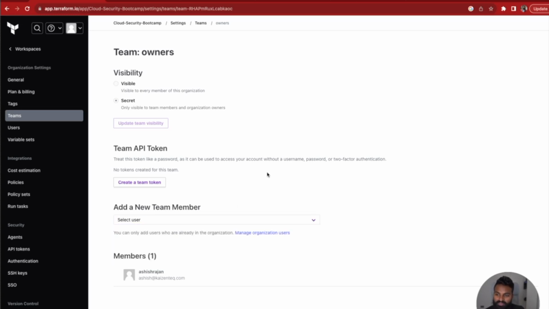But the reason I think this is important is you can look at only visible team members and organization owners. So team owners is basically super admin, or basically an admin permission, which is what I'm part of because I create the account. But what you might want to do is you may also want to have other kinds of